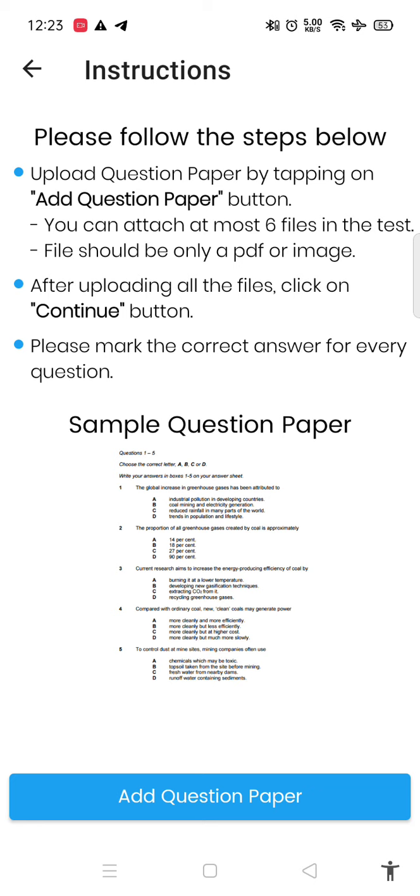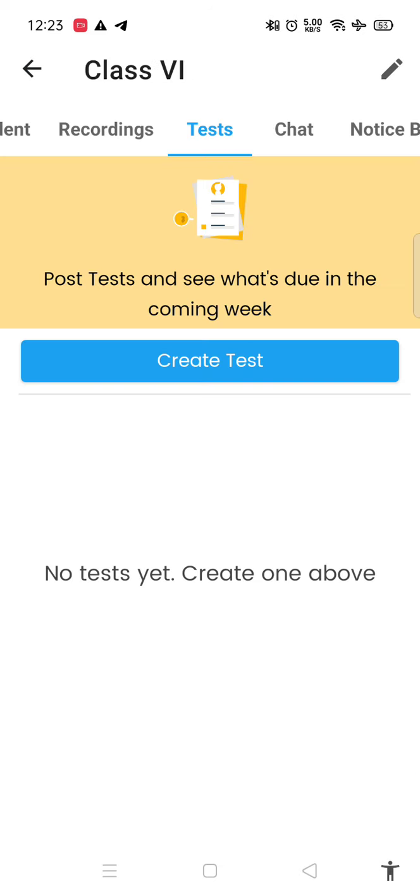After finishing, when you have created your test completely, the test will be displayed over here. From here the students can give the test from their mobile application. The test will start at the prescribed time, whatever time you have given in your test criteria. Then students can opt for the test from there. Please note, once the test is over after the 30 minutes, the correct answers will be displayed to all the students, and all the students' answers will be displayed over here in your tab section.